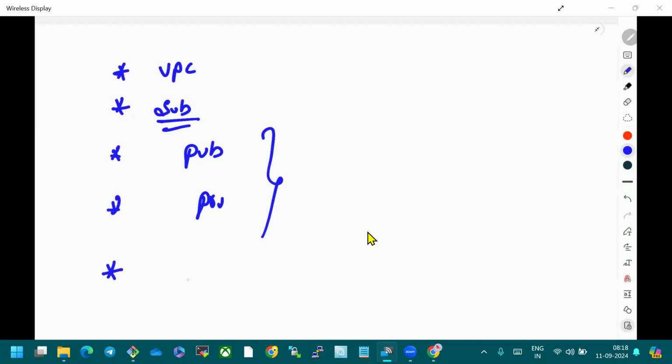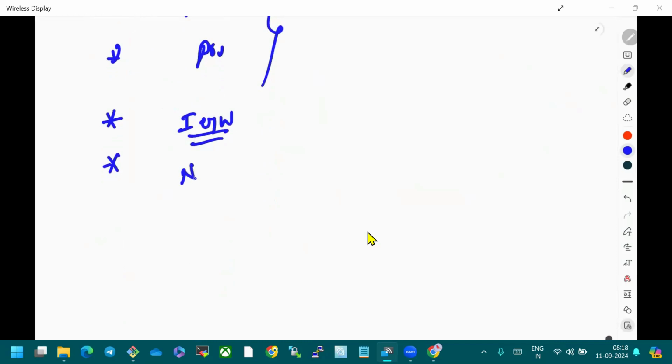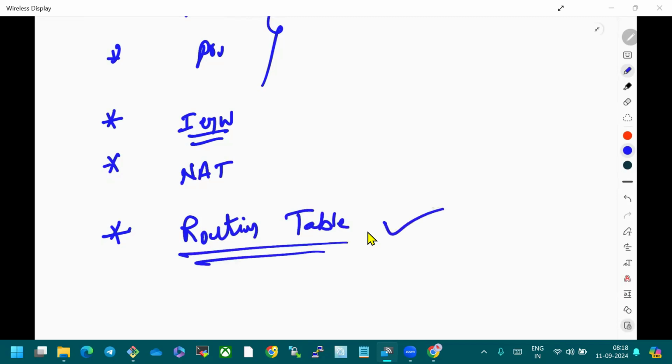Next one, we discussed IGW, Internet Gateway. Next, we discussed NAT Gateway, right? And there is another component of your VPC, we call it a routing table, that I'll discuss tomorrow. It is not the right time.